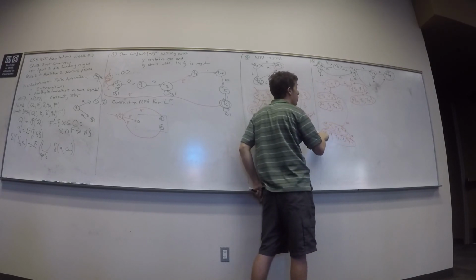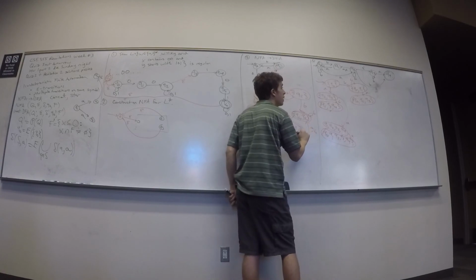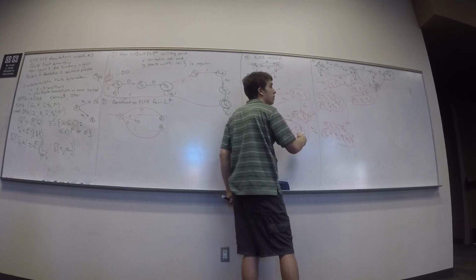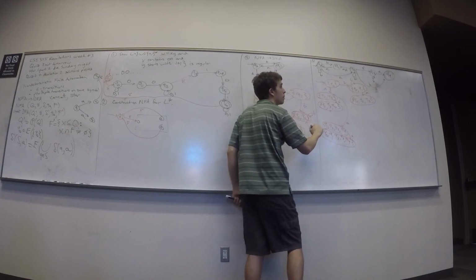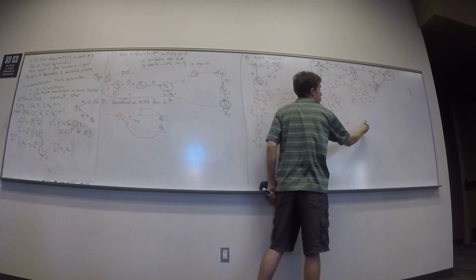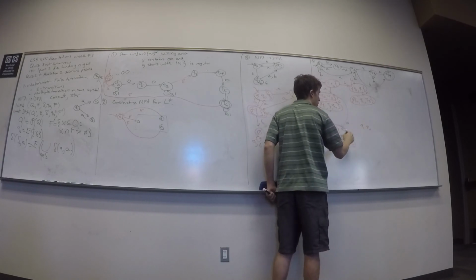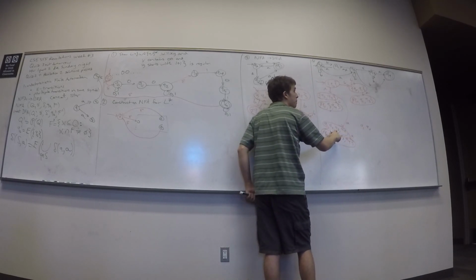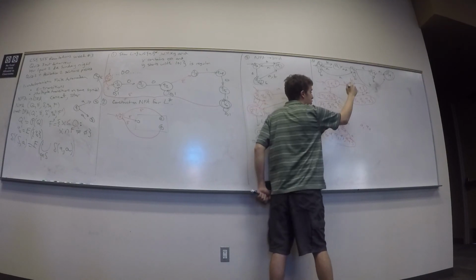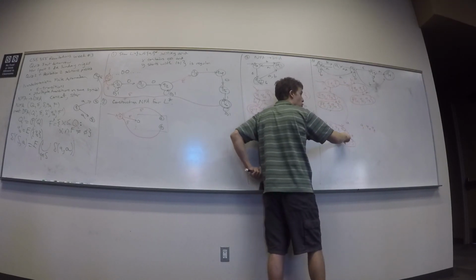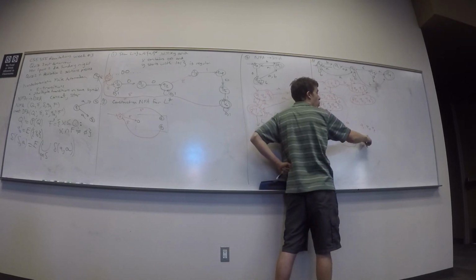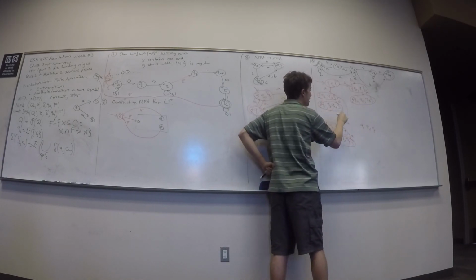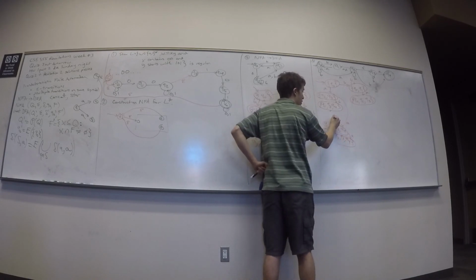1, 2, 3, 4, and input B. Where does 1 take me on B? Nowhere. 2 on B, where does it take me? 1 and 4, so I write down Q1 and Q4. Where does 3 take me on B? 2, 3. Q4 on B? Nowhere. What's the epsilon closure of 1, 4, 3? Itself, and I have that state already. So I come back.